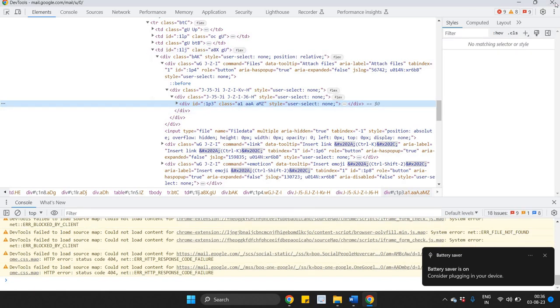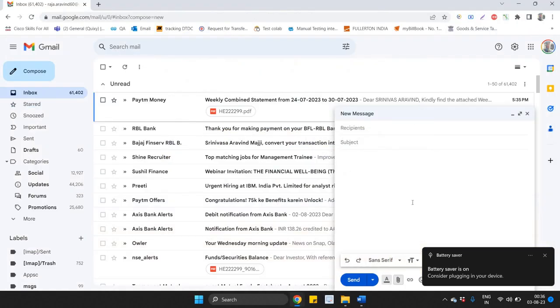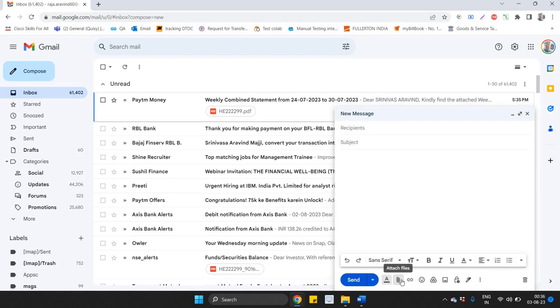But in the back end, there will be a code for this particular pin, that is attach files. So if a developer is testing only the attach files code, let's say some 10-15 lines or 20 lines of code for the attach files is there, and he is testing only that part of the code, then it is called unit testing. Okay,